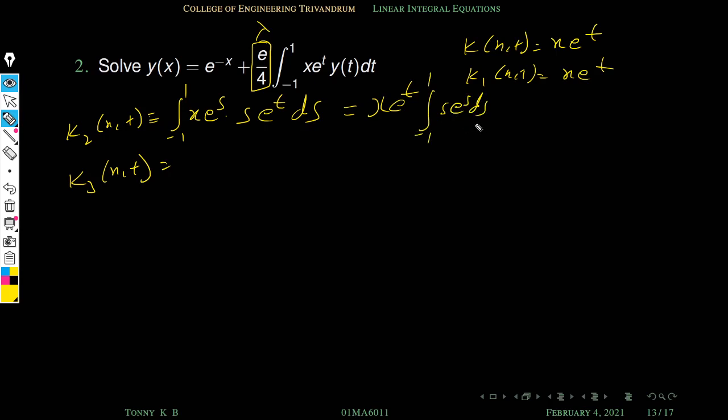By integrating by parts, you can easily evaluate this one: x e raised to t into the first function s into integral of second, that is e raised to s, minus the integral of the derivative of this one, that is 1, integral of e raised to s is e raised to s itself. This is the integration of s e raised to s using parts, or you can apply the general rule of integration by parts, from minus 1 to plus 1. Okay, upon simplification, what is the value?